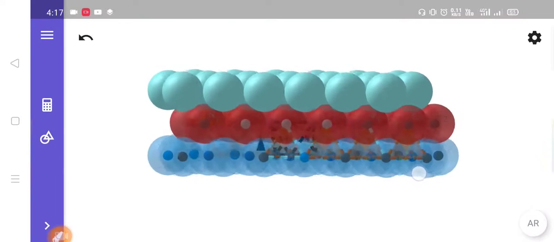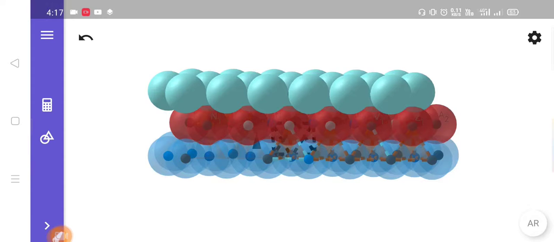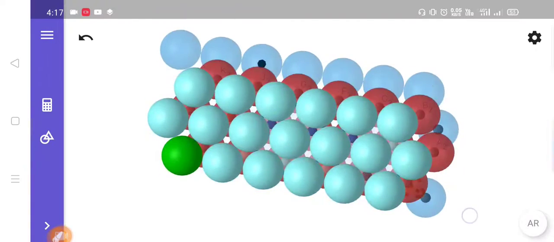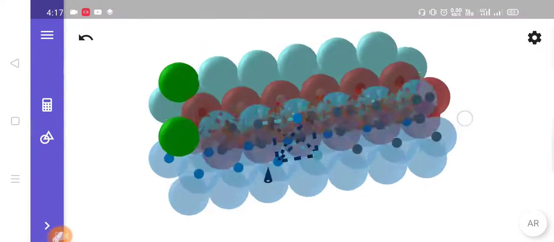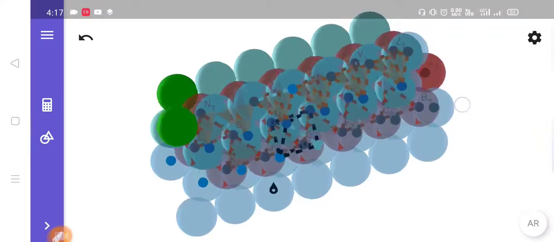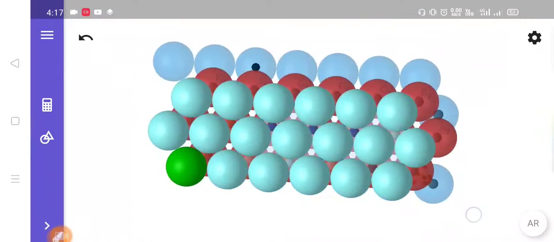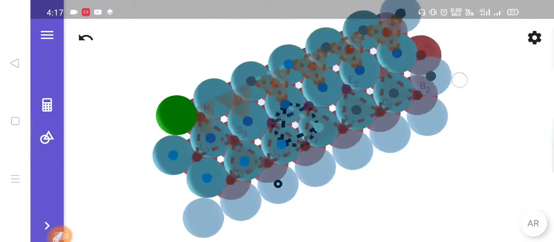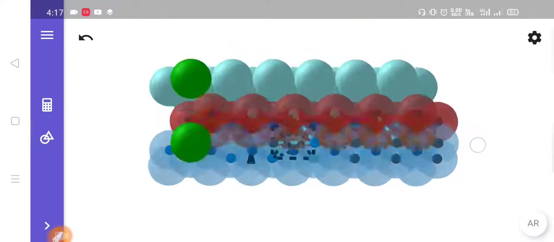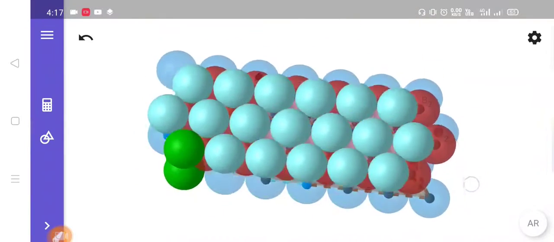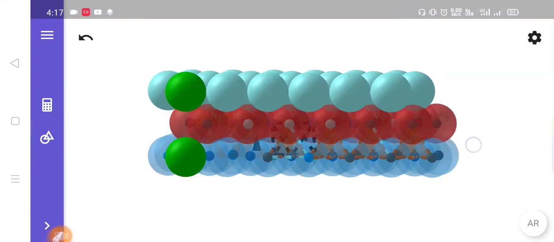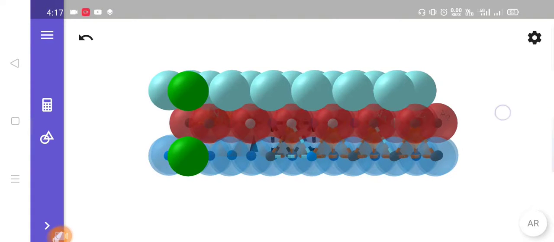Let us observe. As you can see, two spheres, which you can see with different colors, from the bottom layer and top layer are exactly aligned on top of each other and they are similar. The remaining spheres are exactly aligned as well. That means if we compare the bottom and top layers, they have the same configuration of spheres. That's why they are the same type of layer.